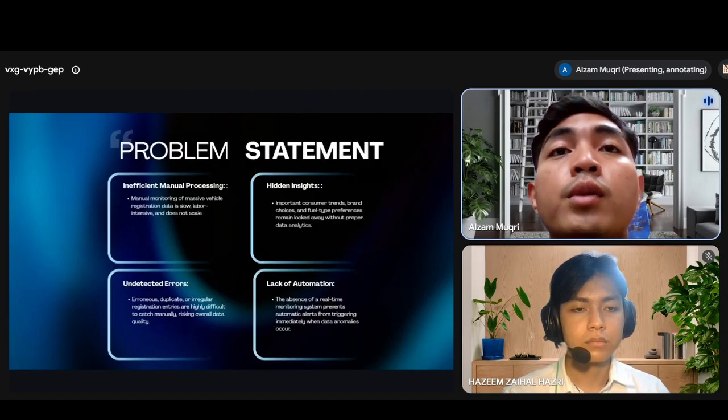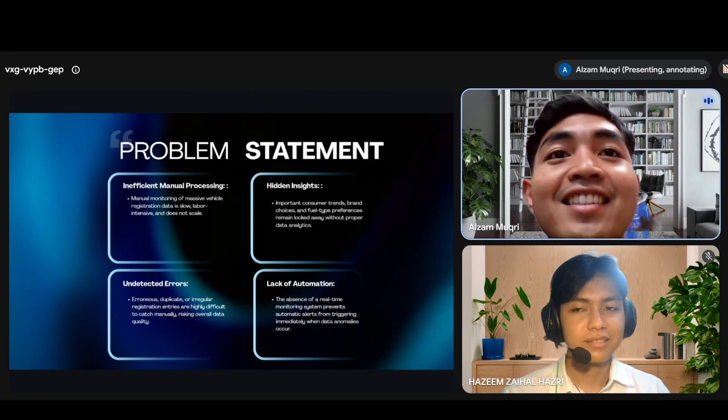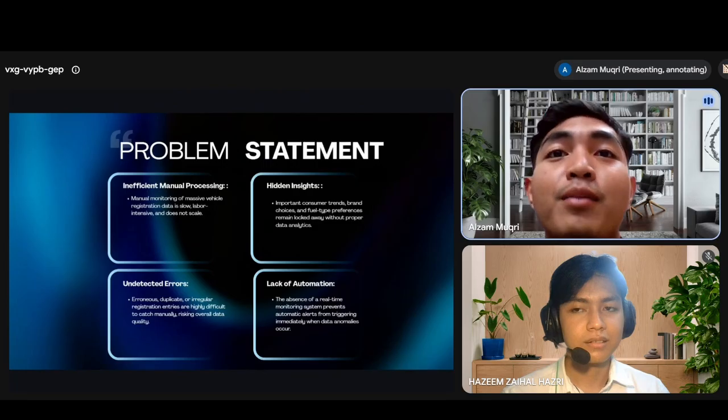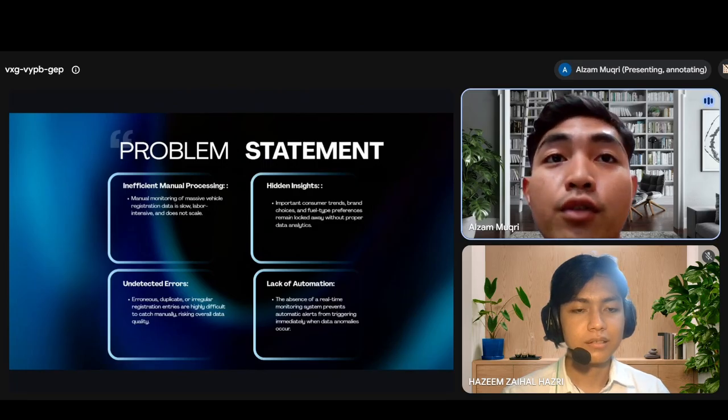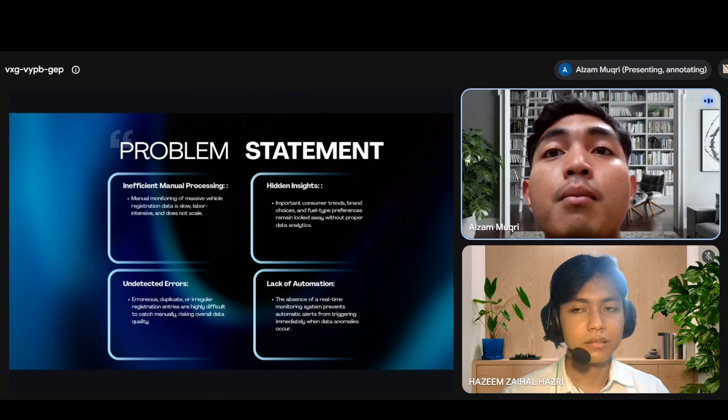For the problem statement, next, let's look at the problem statement we are trying to solve. First, checking and managing huge amounts of vehicle data manually is just too slow and labor intensive. It doesn't scale well.